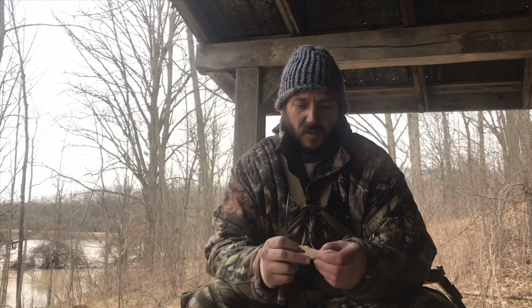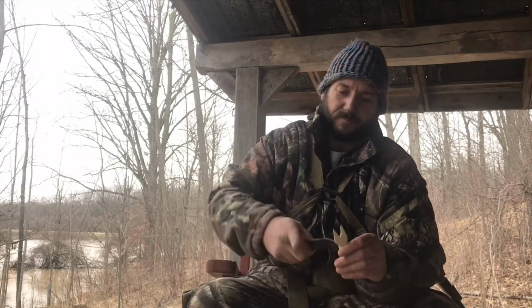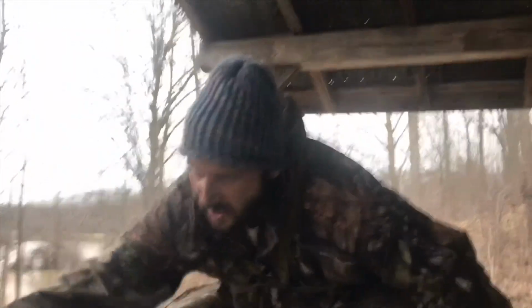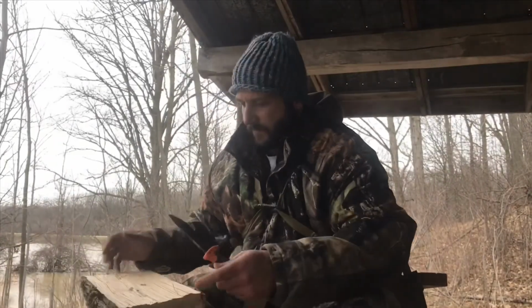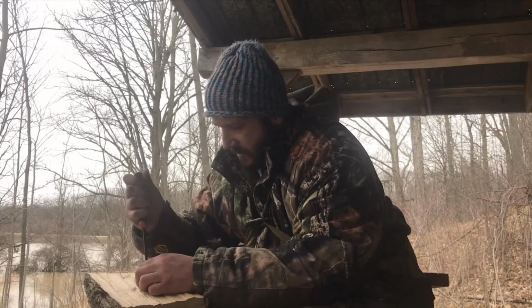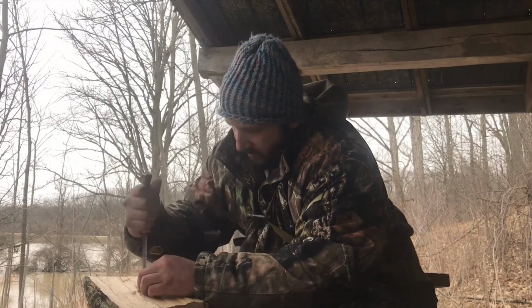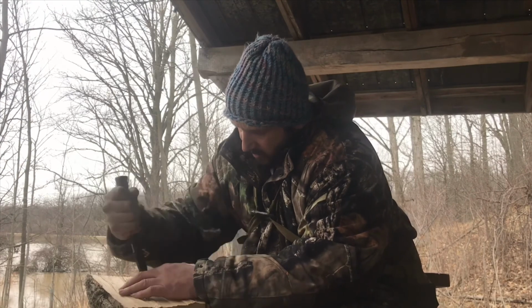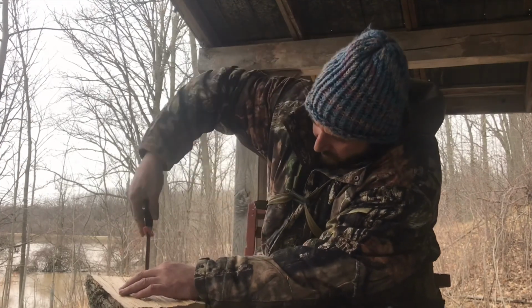So we're just going to drill a hole in it. Try to drill a hole in the dead center, so that when you do pull on it, it'll get caught in the mouth. Let's set this on here and see if we can't drill a hole in it with my knife here. I could use a bow drill to do this, I guess, but